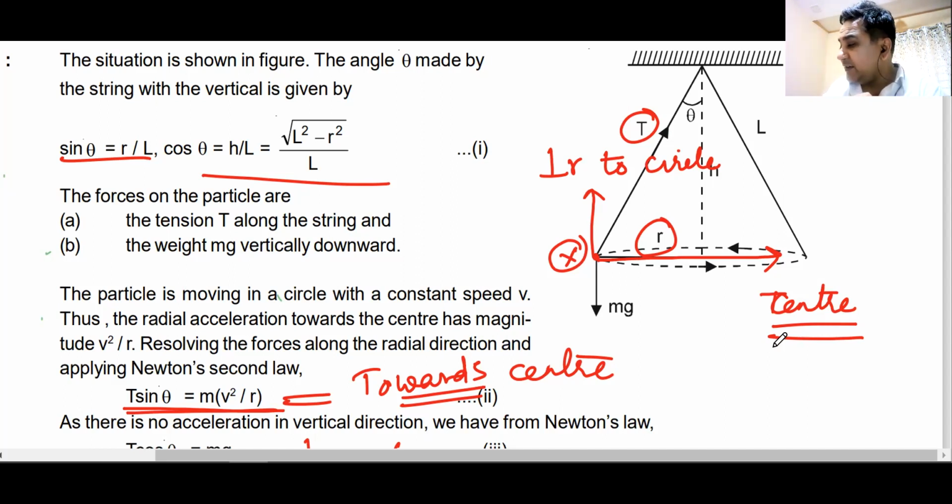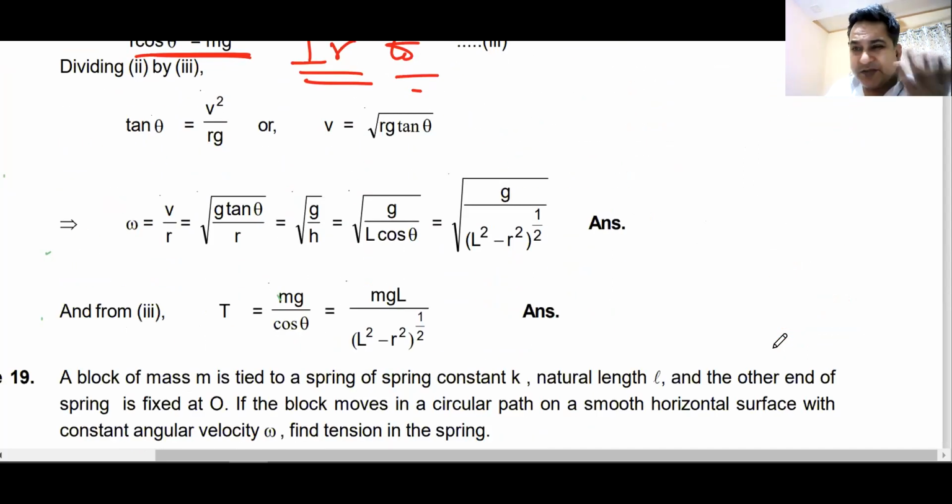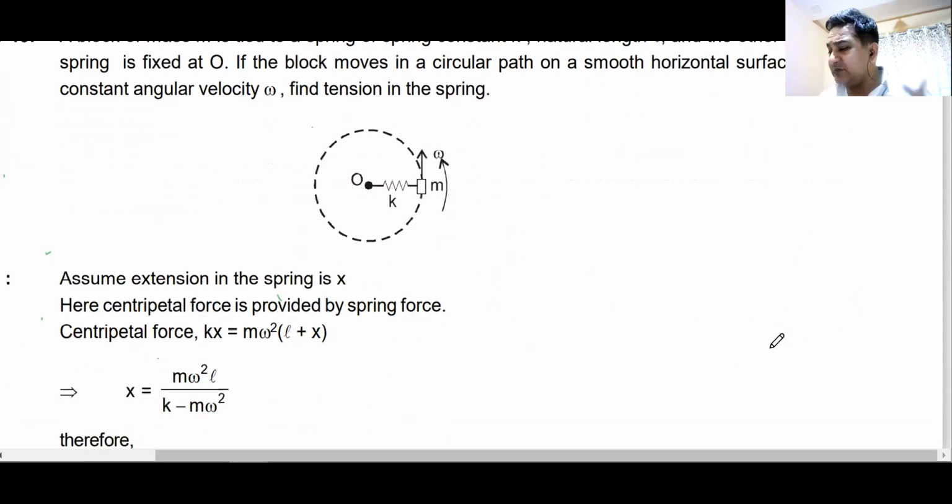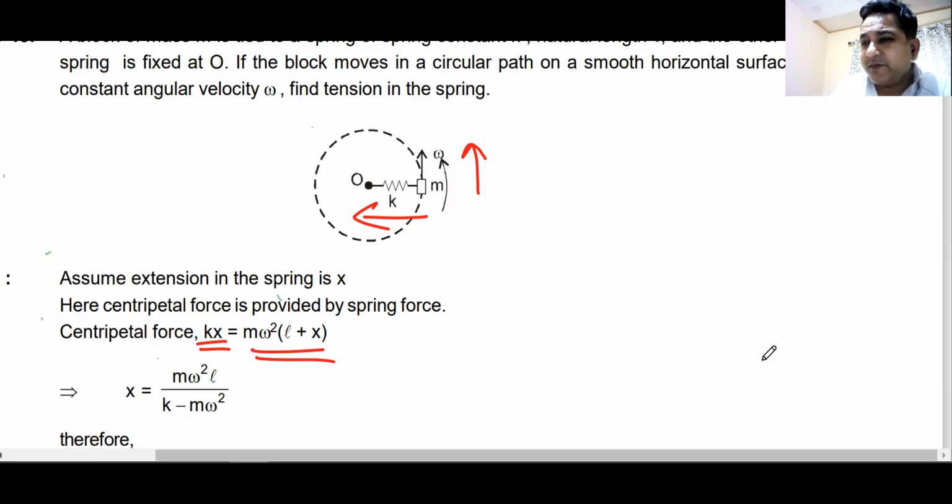Okay. That is how you solve questions of this nature. Rest all is very simple. Again, here, you can only make equations in three directions. One direction is like this, one direction is like this. These two equations are good enough. The third direction will be perpendicular. You don't need to make an equation in the perpendicular direction. Total force is kx. That must provide you with your centripetal force, and that is what they have calculated here.